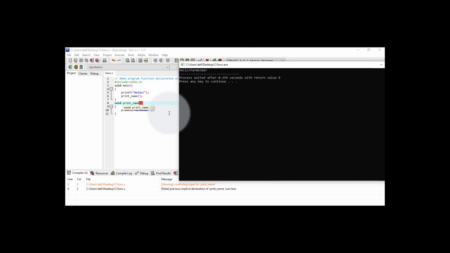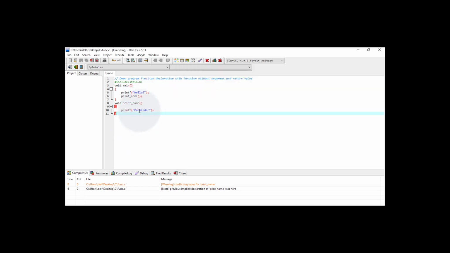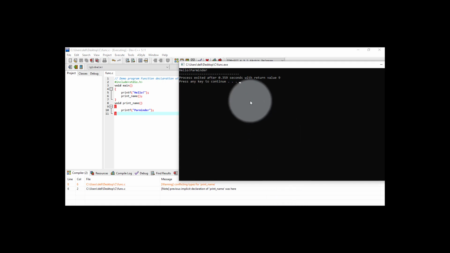So what it has done is write hello, and after that we called the print_name function. The body of the print_name function gets executed here, and it prints the name, and we got the output, hello Parminder.